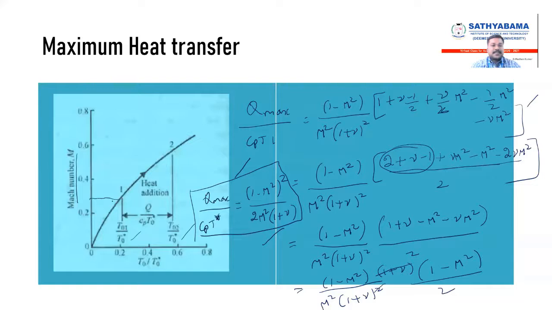Suppose you are considering this Mach number as 0.3, right? And this Mach number is increasing up to 0.6, right? So this is the state here. During heat addition, your Mach number increases, and this variation is higher than in the supersonic case. So this is the condition under which we are introducing this heat transfer term.